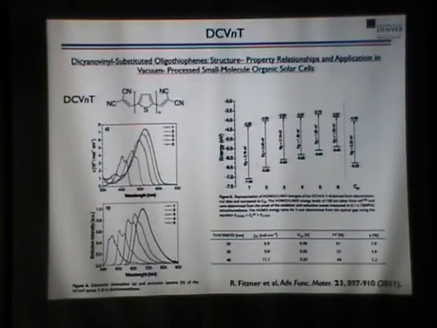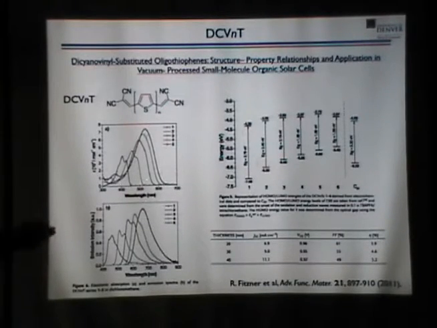Okay, so I don't want to focus fully on polymers. I said that people are also working on small molecule systems, and there are ways to change those band gaps as well. I'll just give you an example. So this is an oligomer. So we have a thiophene that is just polymerized into a very short chain. So N here is between 1 and 5, so between 1 and 5 thiophenes. And then on the end we have some cyano groups that are very good electron withdrawing agents. So that reduces the band gap of the system, and depending on the number of thiophenes N, the band gap